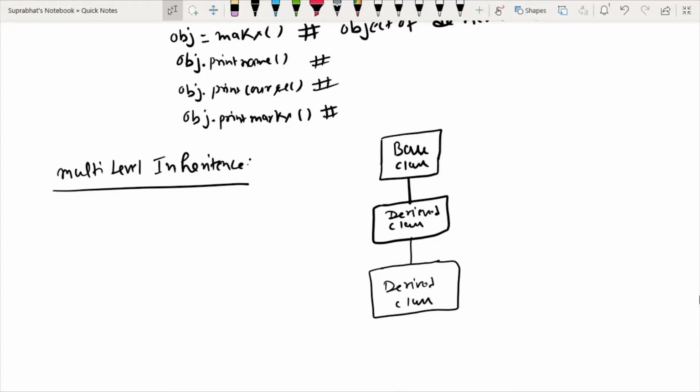So why are we saying this multi-level inheritance? Because for this class, this is first, this is second, and this one is third. So for the second class, the first one is the base class, and for class third, the base class is now this, this is a derived class, but for class 3 it is working as a base class.